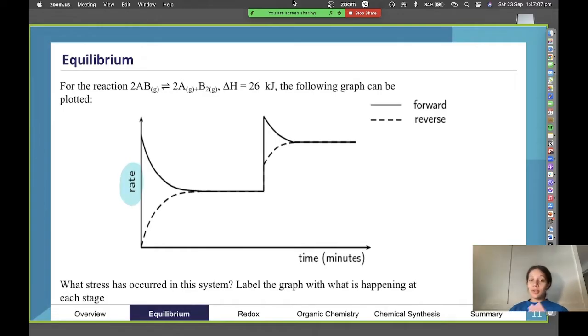And just in general with graphs and exams, always have a look at the x and y axis, because you never know what they could have put. You might confuse this one for a graph where we have time and concentration rather than time and rate of reaction. So have a consideration of this little graph here. And again, any questions, please pop them into the Q&A and we'll get you an answer. The questions can be asked anonymously, so don't worry about anything there. But have a go at this one, trying to consider what our stress is.